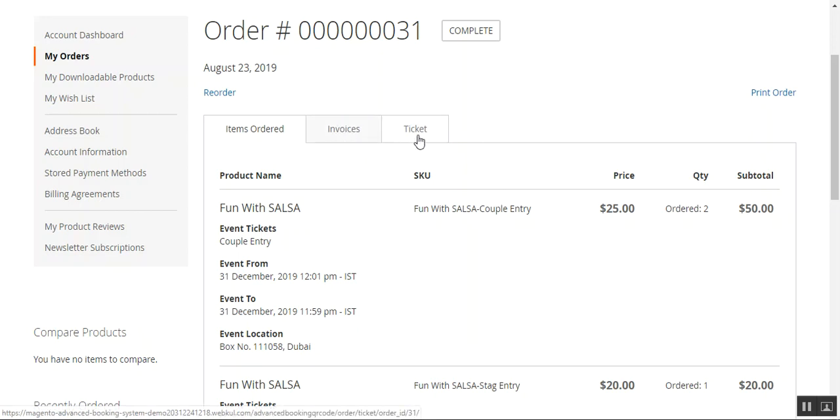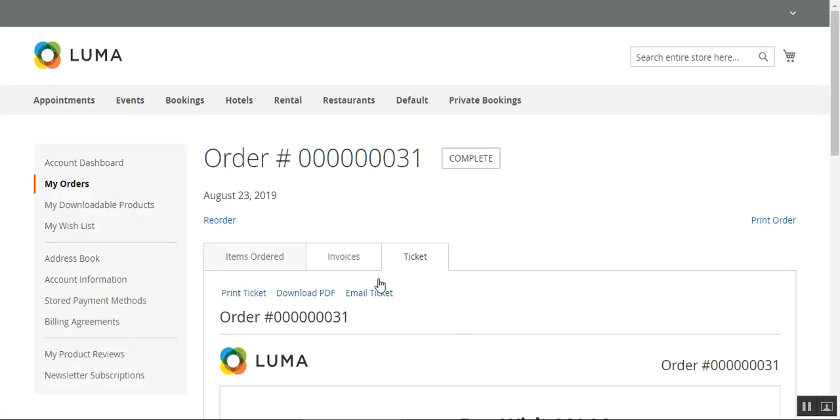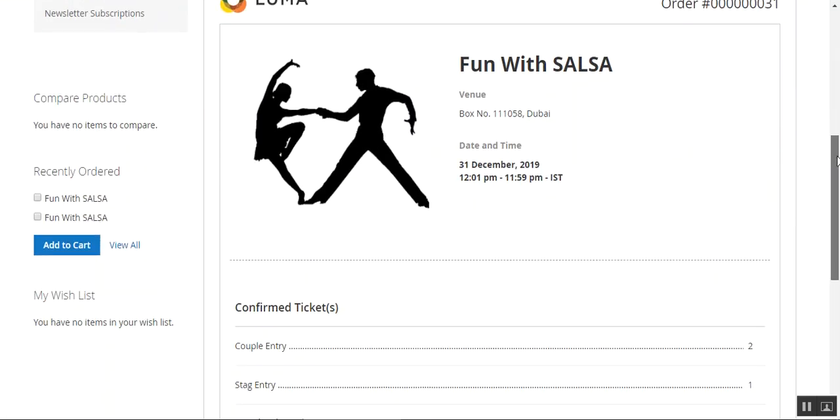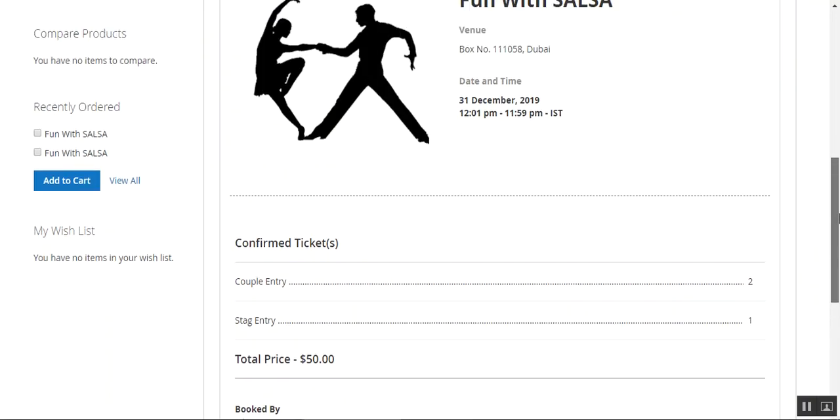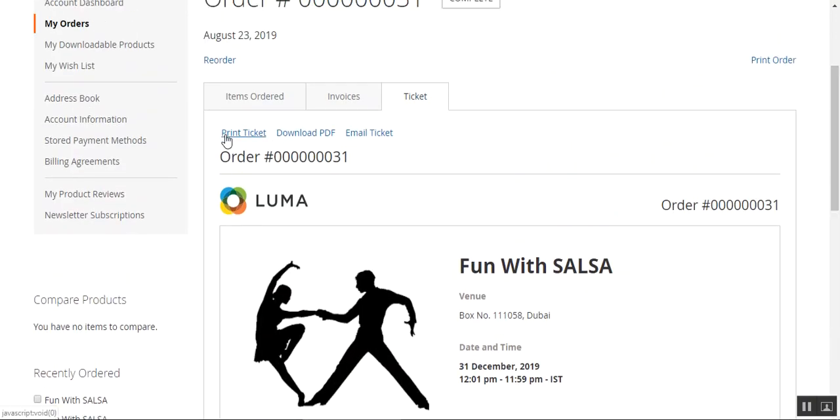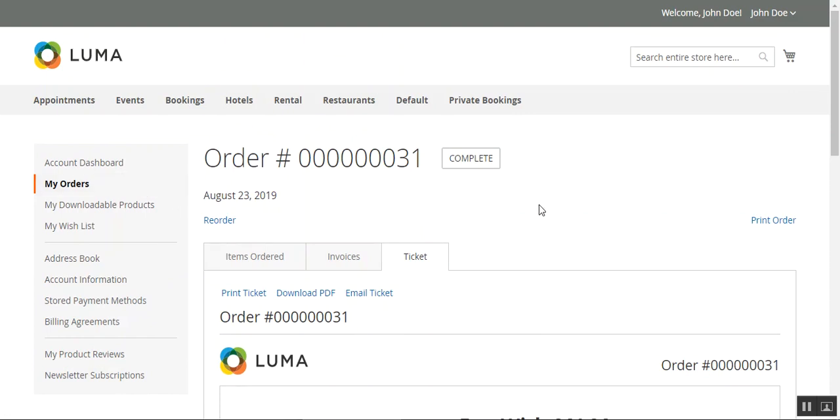And lastly, here we have a ticket tab, so the customer needs to tap that up, and here he can find all the details of the particular ticket with the QR code as well. Here the customer can tap the print ticket to print the ticket. He can also download the PDF file for this particular ticket and save it on his mobile device as well. Otherwise, he can email this ticket to his colleague or someone else. So that was much about the QR code functionality for the event tickets that we have